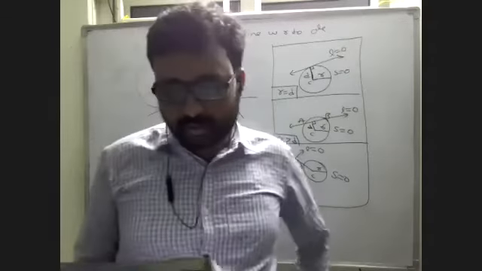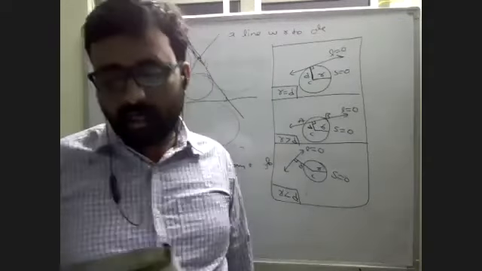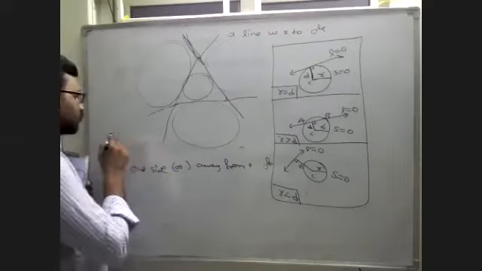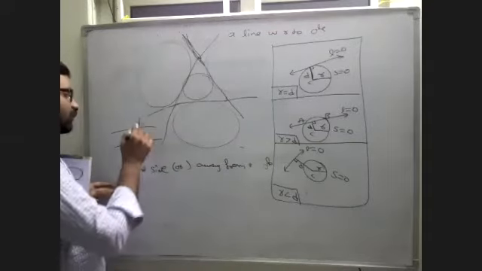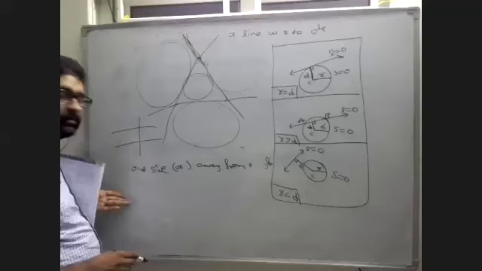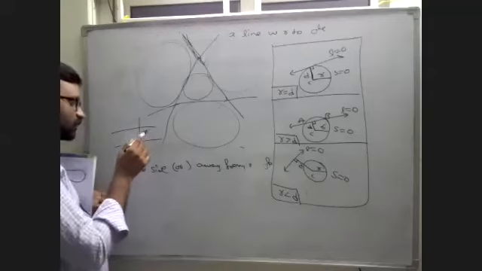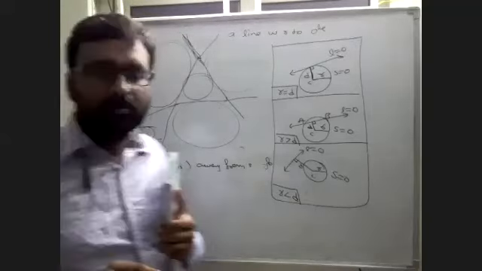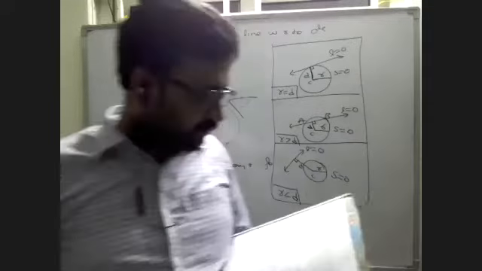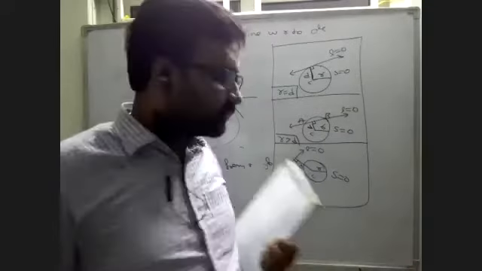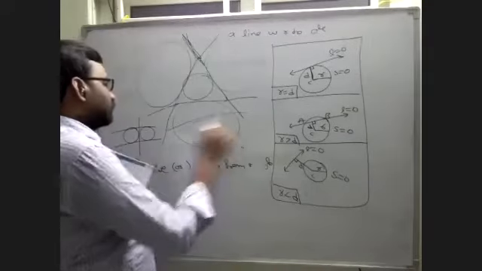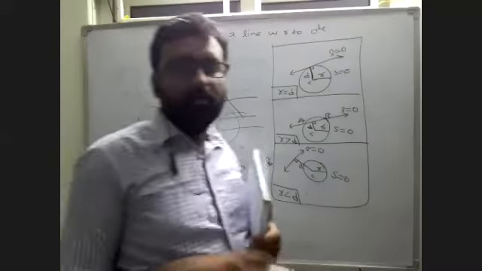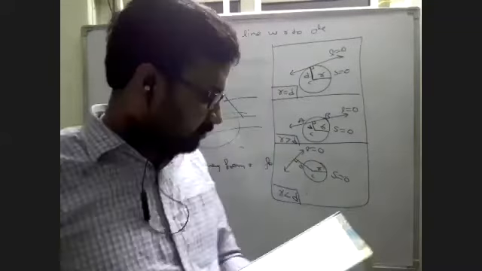And second one, if 2 of them are parallel, it is 2. Suppose 2 are parallel and one is not parallel, then 2 exist. This is one circle, this is one circle. Only 2 circles exist which are touching 3 lines. And one more, if all 3 are parallel, then no circle will touch the 3 lines. Understand? So this is next.